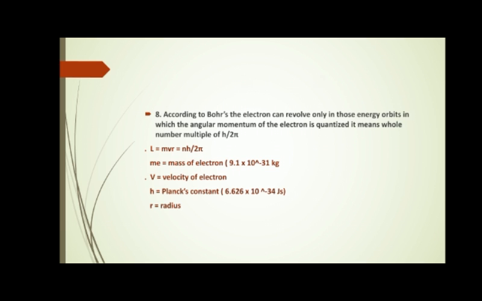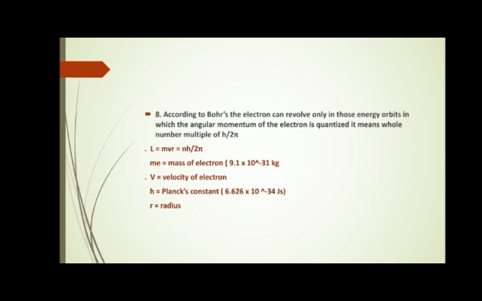The next postulate of Bohr is, according to Bohr, the electron can revolve only in those energy orbits in which the angular momentum of the electron is quantized. It means a whole number multiple of h upon 2 pi. It can be given as mvr is equal to nh upon 2 pi, where m is the mass of the electron,